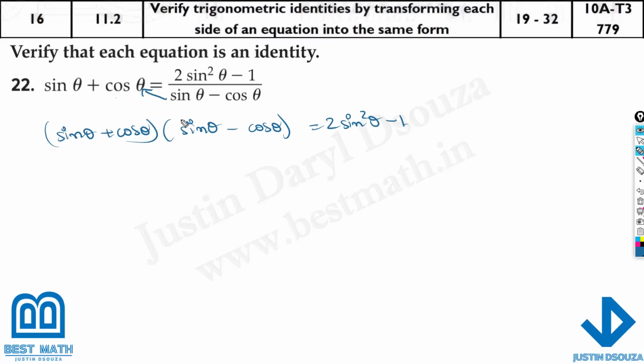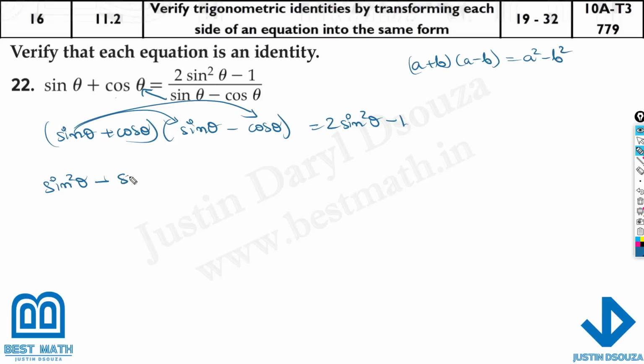Here, what identity can you use? It's like a plus b, a minus b, that is equal to a squared minus b squared. Or you can start multiplying like distributive properties. Sine times sine, it'll be sine squared. See, both of them can be used. I'll do it by multiplication, because if you forget this identity in the exam, I can't directly write it. So sine is multiplied to both the terms. It's going to be sine power 2 theta